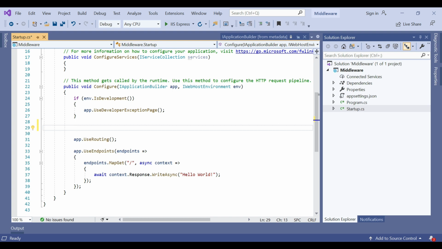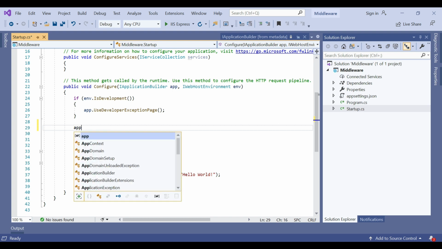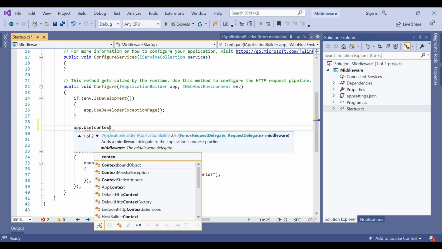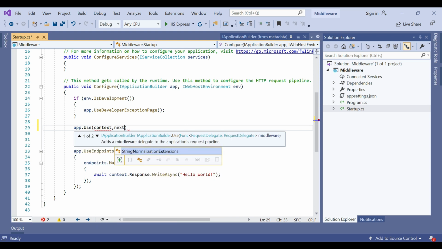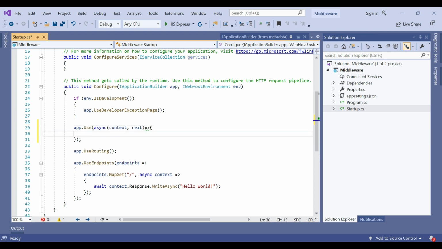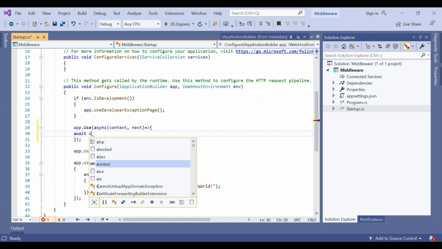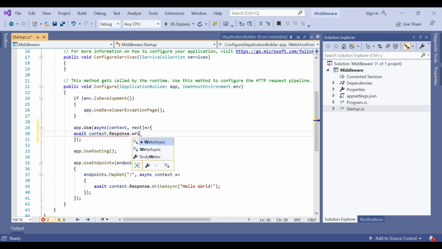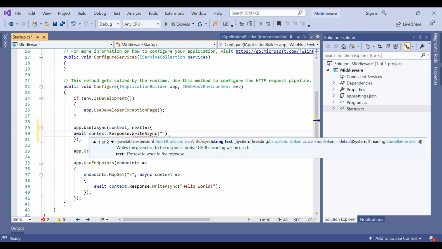For the middleware, we are going to use a delegate. So app.Use, then context, next, then async, await context.Response.WriteAsync, and let's add "Hello from middleware 1".